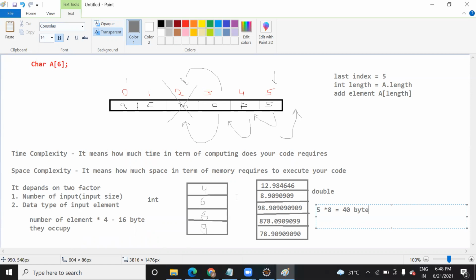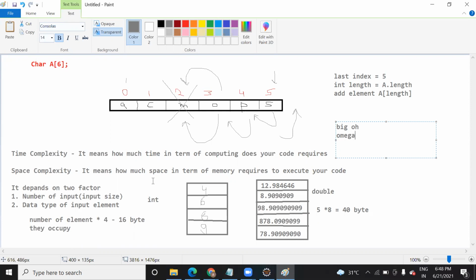If any code is taking less time to execute, it means your code is more efficient. If it is occupying less space, it is more efficient. So this is called time complexity, and we use representations like Big O and Omega to represent it.